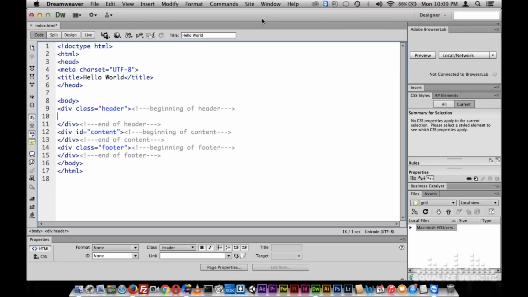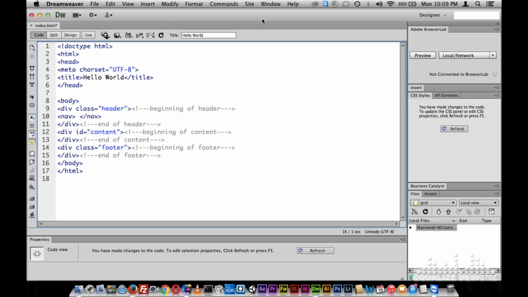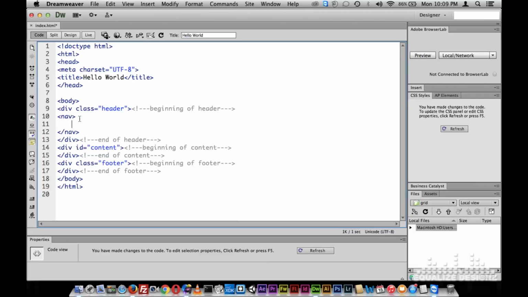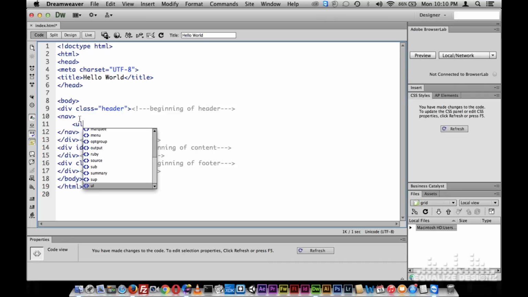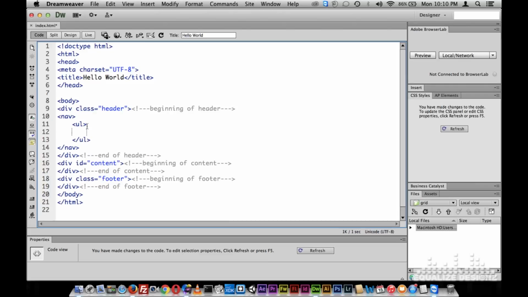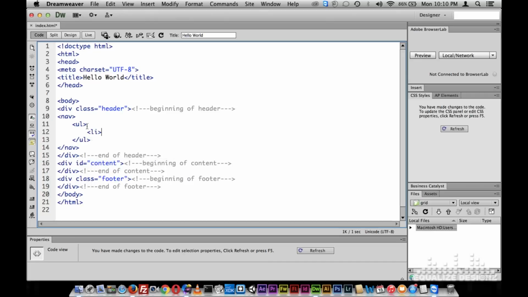Okay, so let's go back and let's add this content. It's going to be nav, opening, close, and then add the closing tag. Let's enter in between it, tab, and I'm going to add this unordered list, UL, close, add the closing tag, and then in between that, let's tab it,